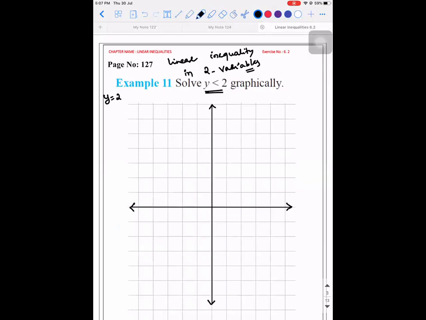When you're drawing it on the graph sheet, if this is going to be the origin, let me take this as 0, half, then 1, 1.5, this will be 2. So this will be 0, 2. So it will be a line which is parallel to the y-axis, sorry, x-axis. If this is the line,